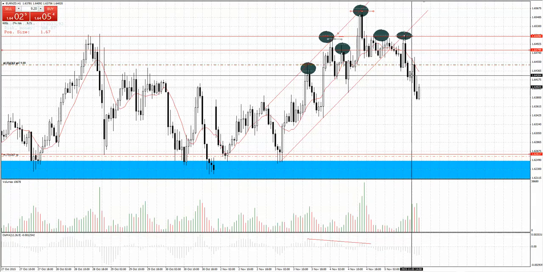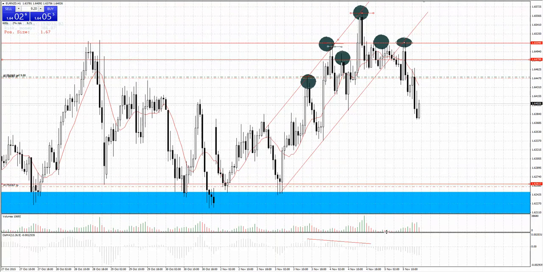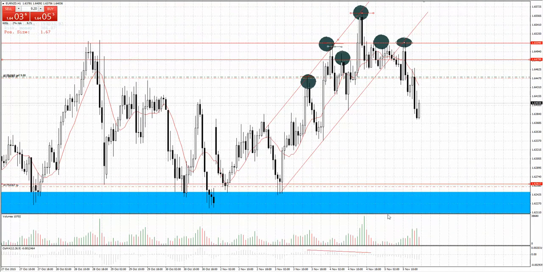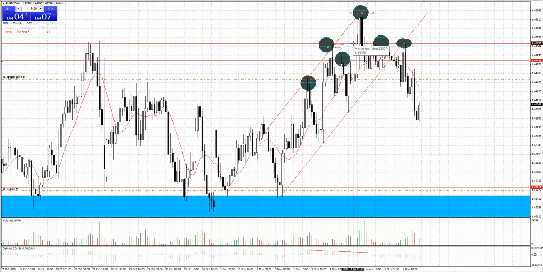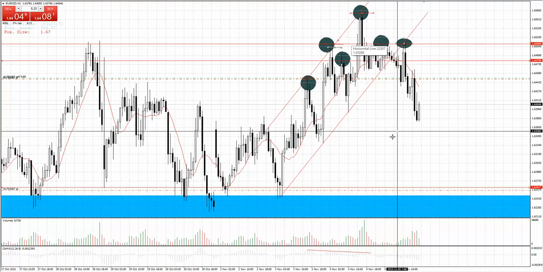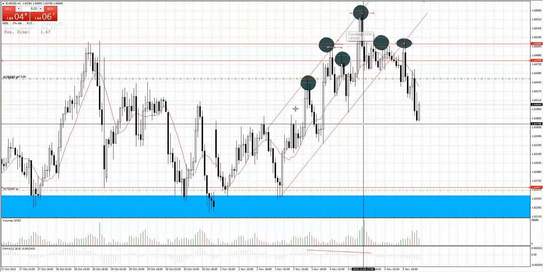The most important thing is to follow the trend, trigger with the trend, and watch the price action, how price reacts on